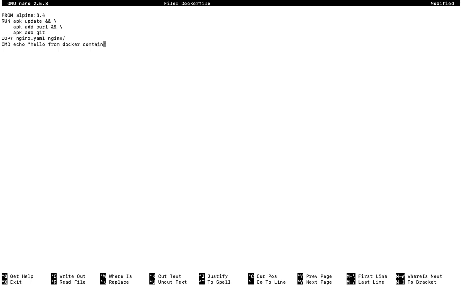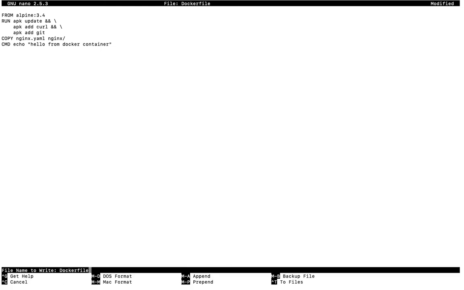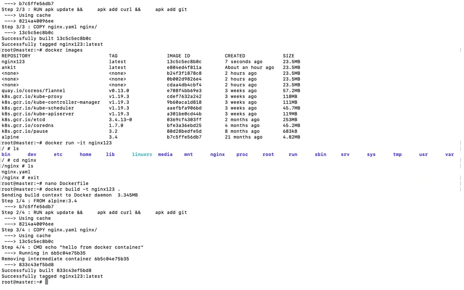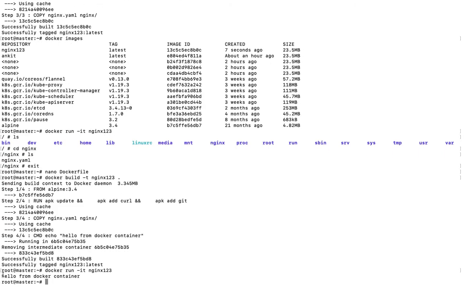When you run the container, this command will be executed at the time of container running. Then you need to build the docker image again. Then docker run -it and the image name nginx123. You can see you are getting hello from the docker container, and you have written CMD.